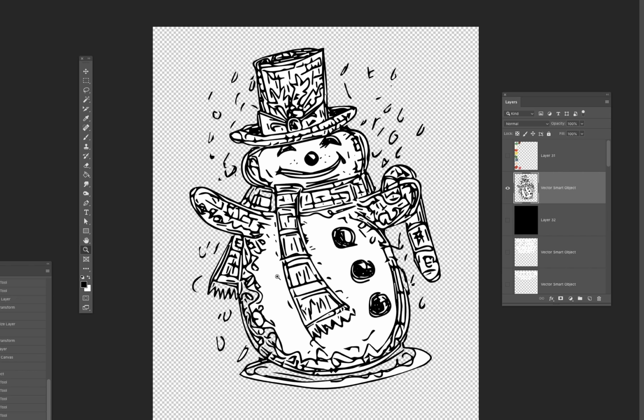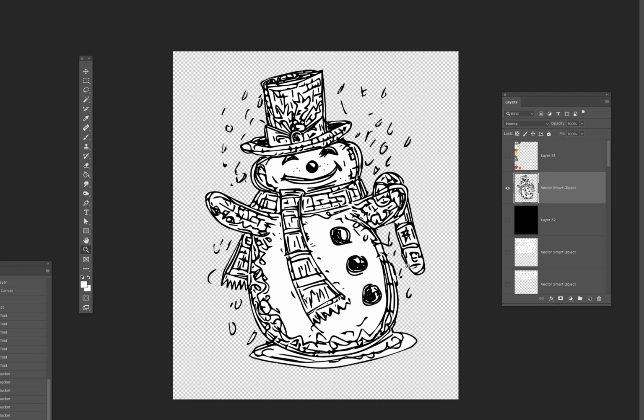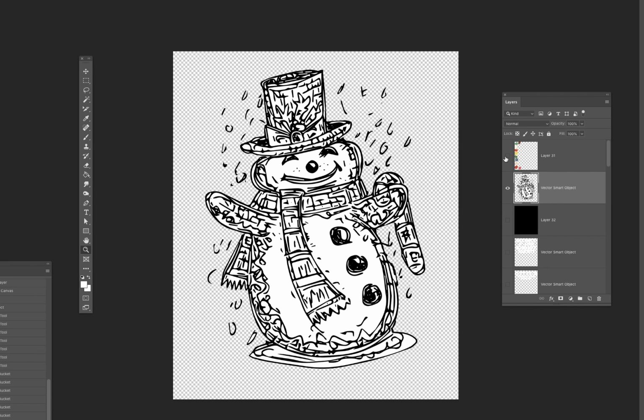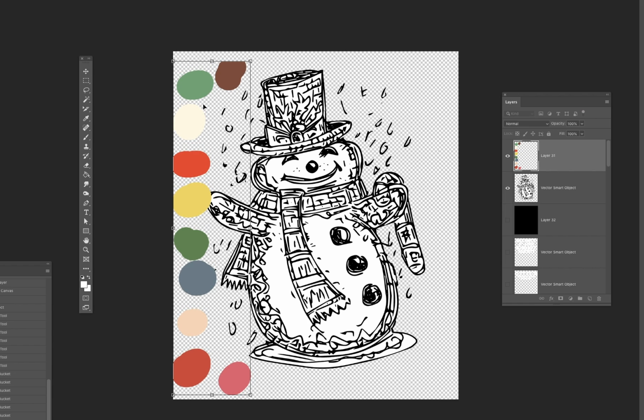And okay, so let's scale in. And then we're going to use this tool, and then we're going to click that white, click there, click there. Let's fill in these holes. And click there, and there too. Okay, I think that's good. Let's check out black. Looks good. Great. Okay. Now, my colors we're going to use. Look at those. Festive holiday colors. And so we're going to use these colors, and we are going to